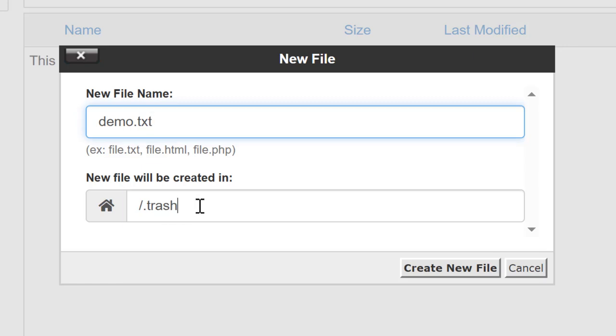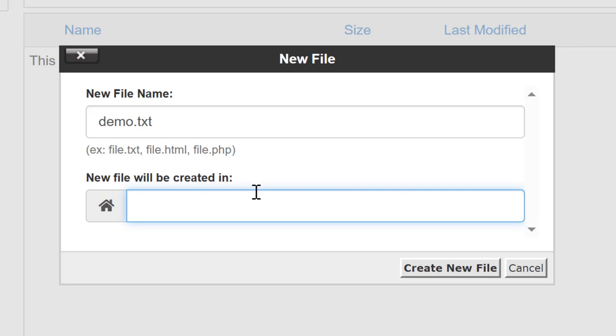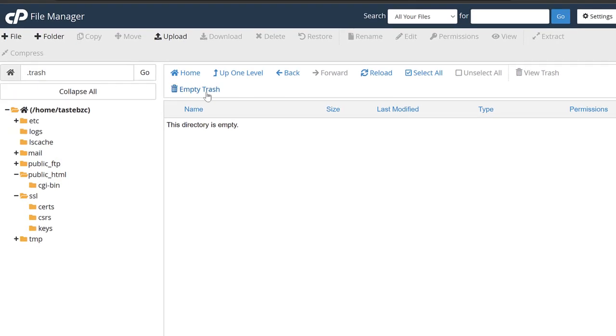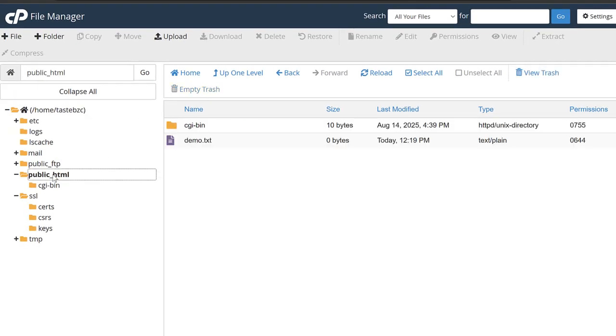So apparently it is showing this kind of path, but you notice that maybe this is not where I want to have it created. So instead, for example, if I wanted maybe to create it in a public HTML folder, I could type this here. And of course, I can go ahead and add the slash, then I say create a file in this directory. So when I come back to this public folder, you see that now the demo.txt file is there,